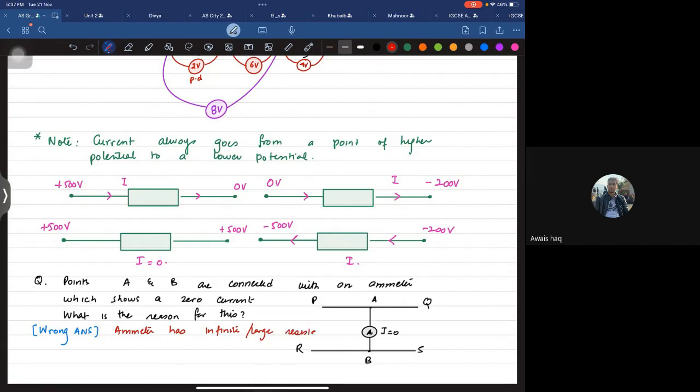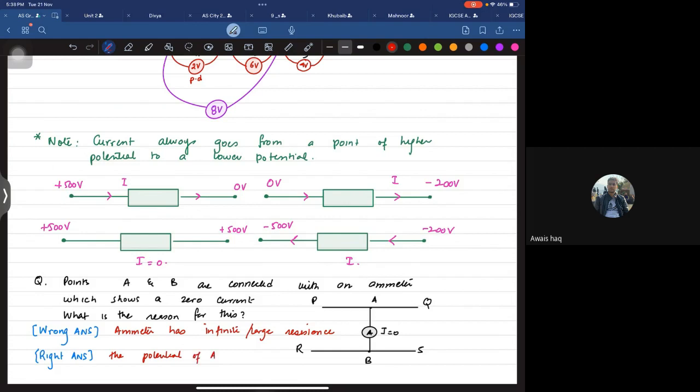Do not write that, please, because an ammeter doesn't. The right answer for a question like this would be that the potential